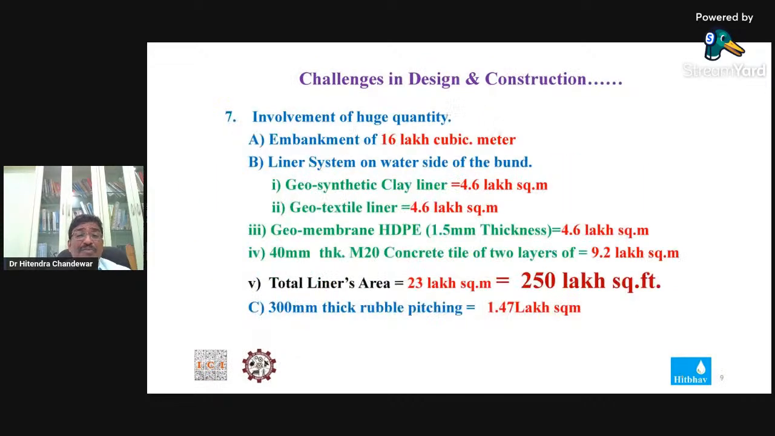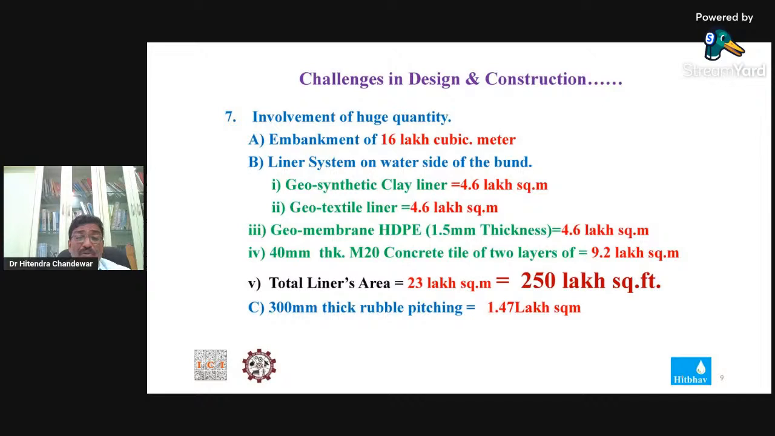Then come to the quantum part of it, huge quantities. The embankment was about 16 lakh cubic meter, a huge quantity, and huge material was required from the local area. Then we went for different liner systems because the soil was of a sandy type, so to minimize the seepages, we went for